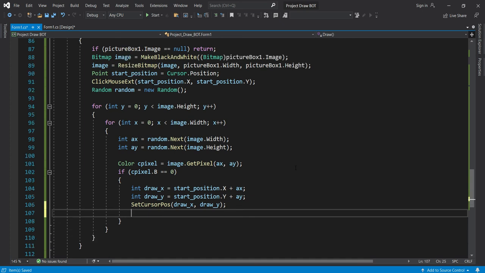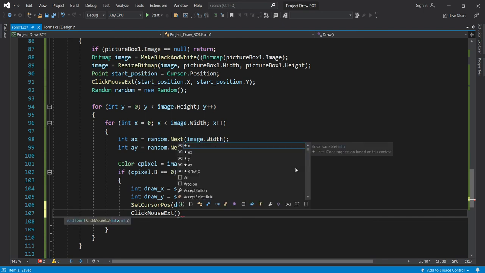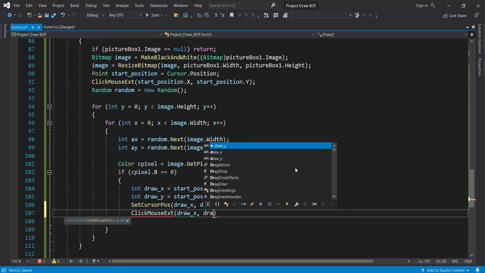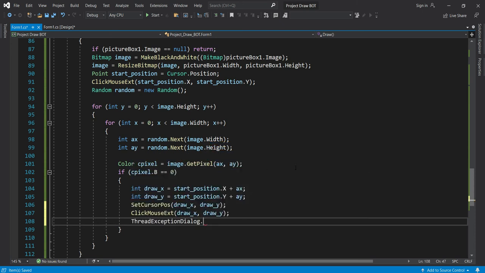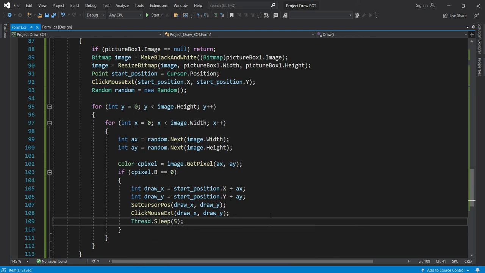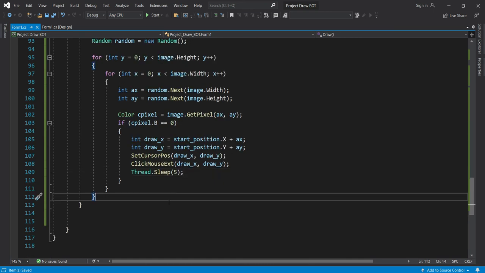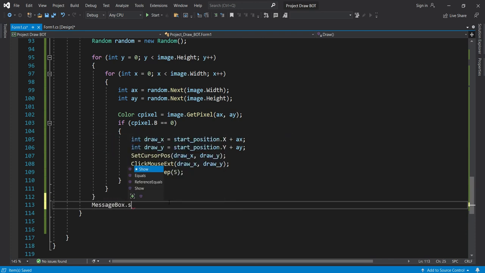And then we're gonna use again the click mouse external function to click under the same coordinates. After that, we're just gonna tell the program to sleep for 5 milliseconds. Let's include the System.Threading. So something like this. Now we get out of these loops and then we're just gonna receive a message box